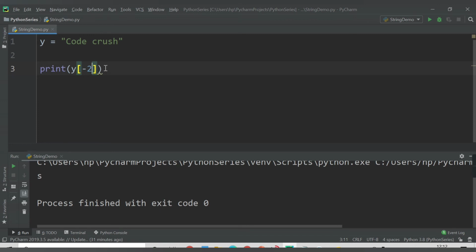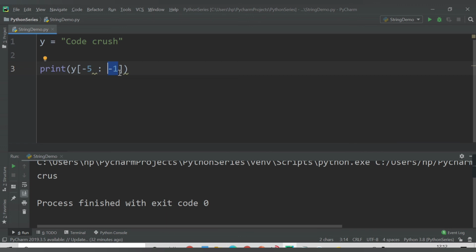So let's say I want to print this Crush in negative indexing. So how can I do this? The last position will be -1. So this will be -1, this is -2, this is -3, -4, -5, and this will be -6. So I will start from -5 and end at -1, but in this case you know that the end position is excluded. Let me run this. So see, CRUS is printed, but -1 is not printed.